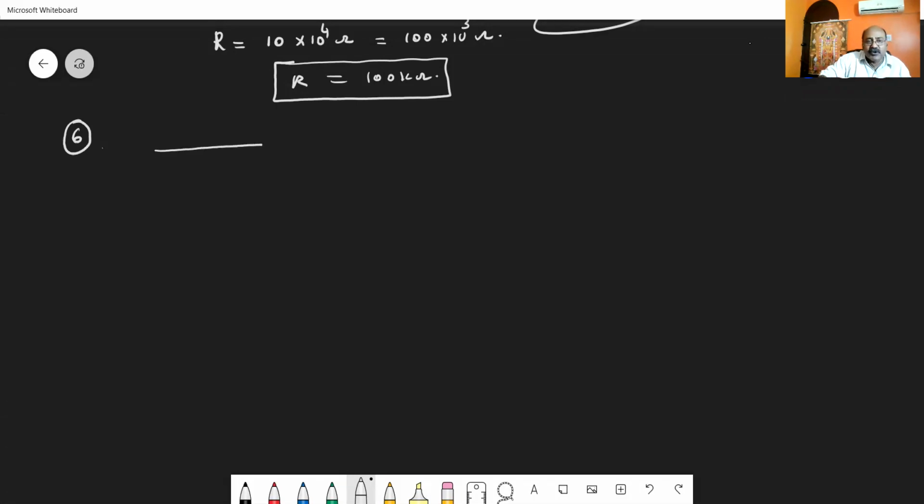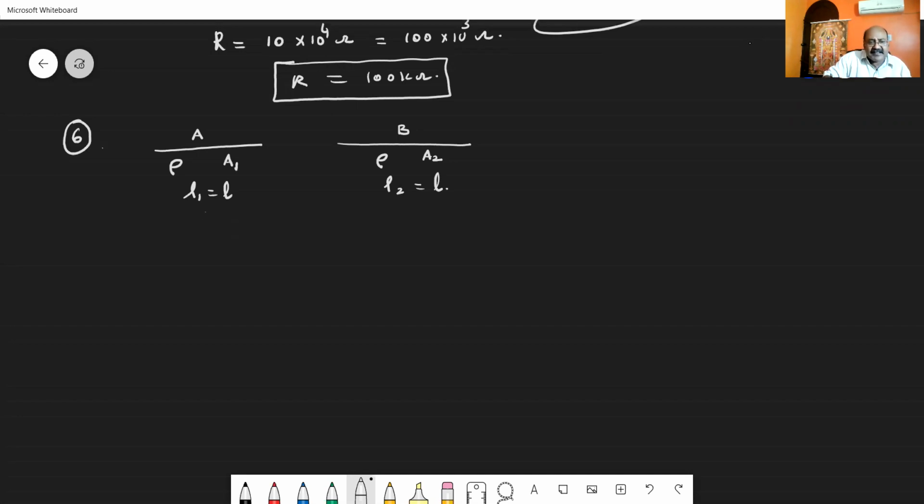Okay, let us consider 2 wires. One of the wire is taken to be A and another wire is taken to be B. With circular area of cross section, let the area of cross section be A1 and here the area of cross section taken to be A2, made up of same material. So rho, that is the resistivity or specific resistance for both the materials are same. With equal length, let us consider L1 is equal to L. Here also let us take L2 is equal to L. Both are of same length.